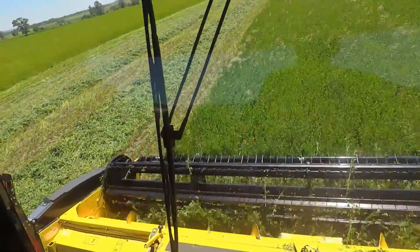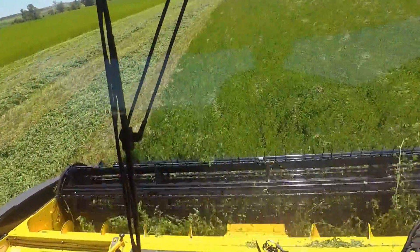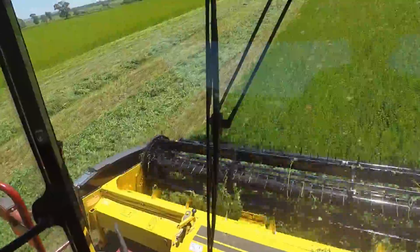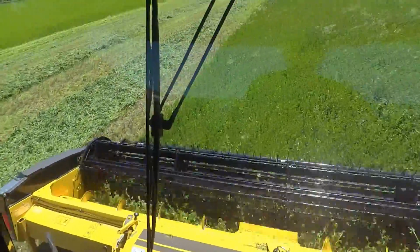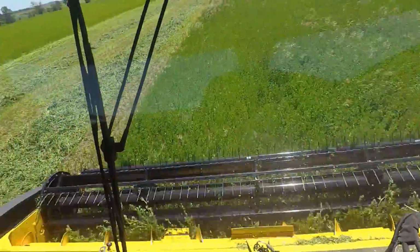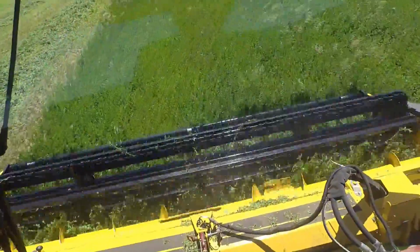Still tweaking with stuff yet. Set my skid shoes down some more so it doesn't cut us short. Still screwing out the conditioning pressure. I think I have it where I want it now, but